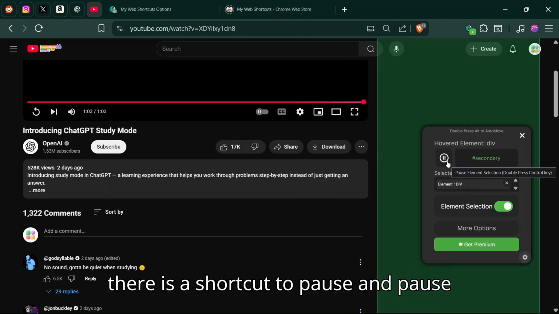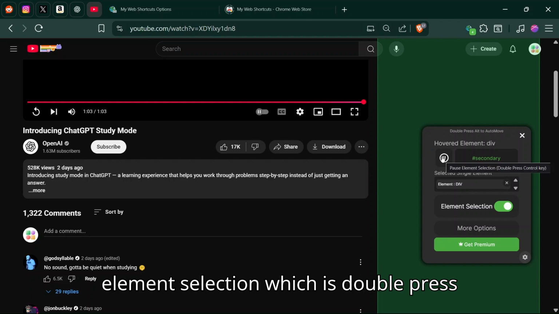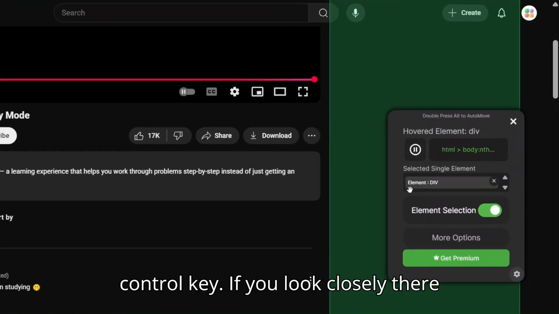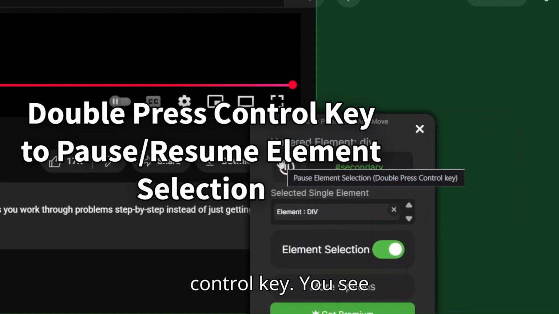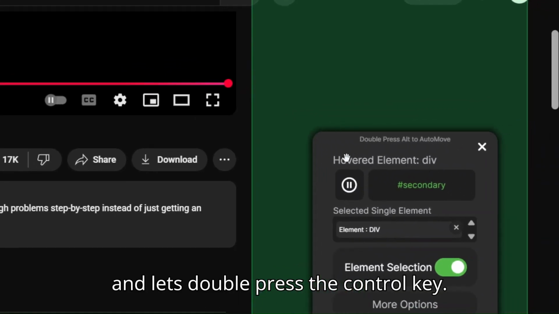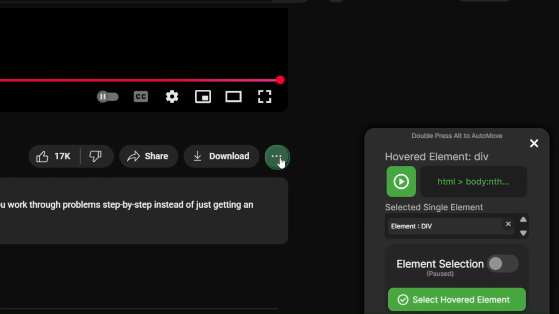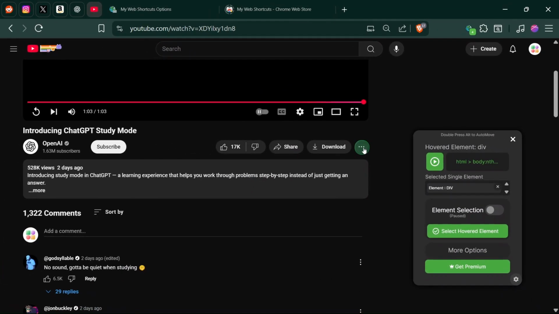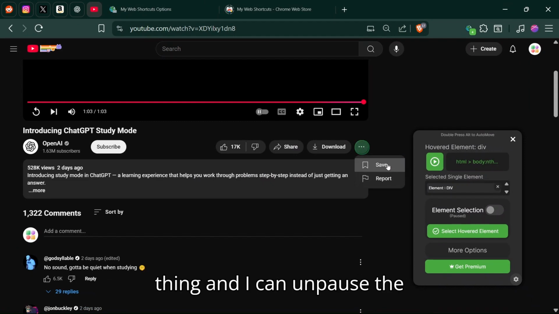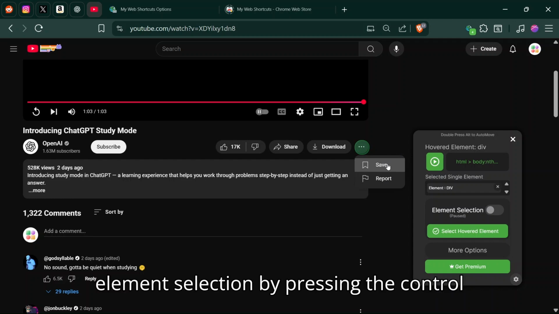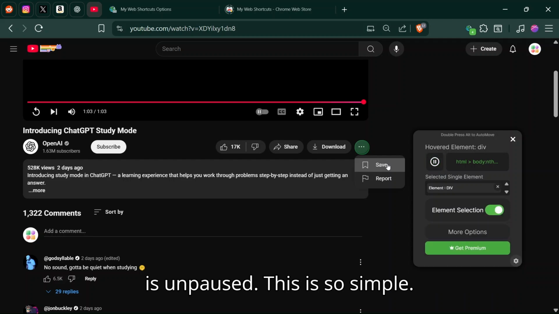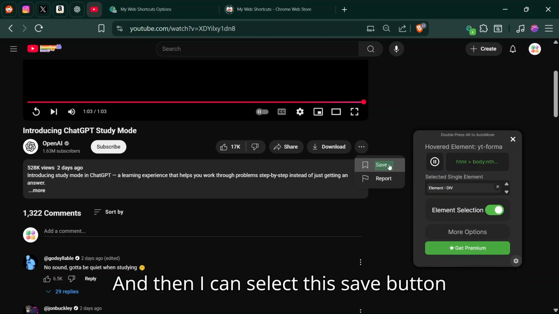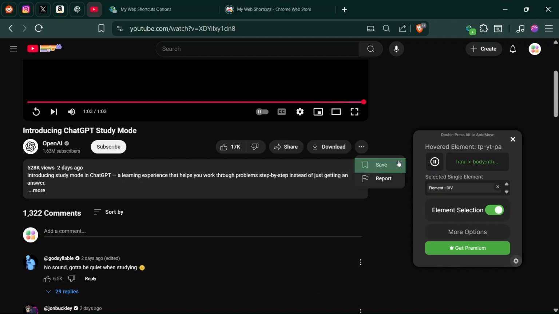Well, there is a shortcut to pause and unpause element selection, which is double press Control key. If you look closely, there is a title that appears. Double press Control key. You see? And let's double press the Control key. Whoa, it pauses it. So now that the element selection is paused, I can open this thing and I can unpause the element selection by pressing the Control key twice again, and it is unpaused. This is so simple. And then I can select this save button, which I wanted,